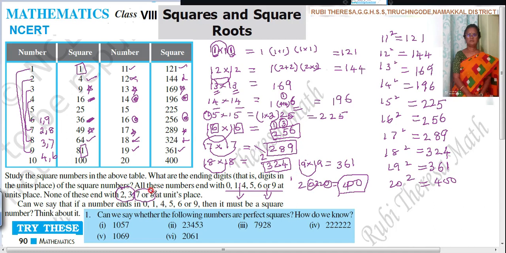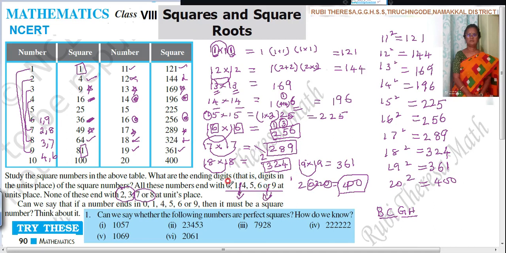2, 3, 7, 8. So, if you are unable to remember this, just you say this word: for 2, 3, BC. Because this is the second letter and this is the third letter. Then GH. BC, GH. To remember this, just you can write. Otherwise, this is the successor only. Here is a gap. In the beginning, there is a gap. Then this ending. That's all.